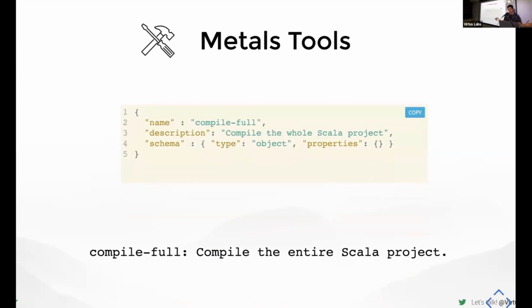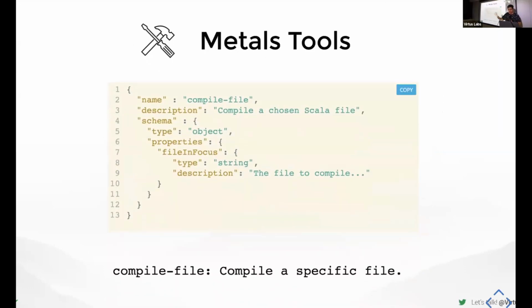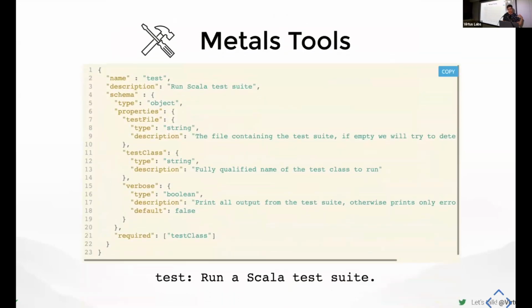And we have, as I said, 9 tools. I will quickly go through them. So each of those tools is represented by the schema. The first one will be just compile full. The schema is simple, nothing really, because it just compiles everything. There's this one that I showed before, this compile file. And this will just compile a single file. This run test, which I think we managed to get the agents to actually use a lot. So whenever you ask any agent to write something, then write a test, it will try to, if there is MCP, it will try to run that test.